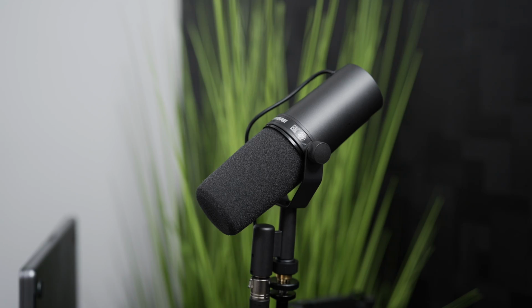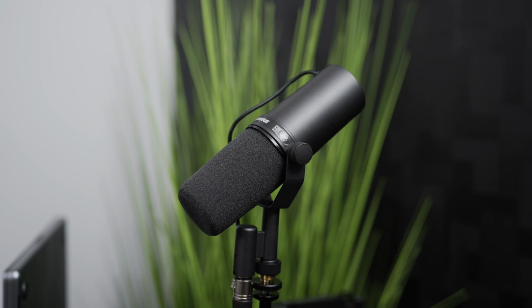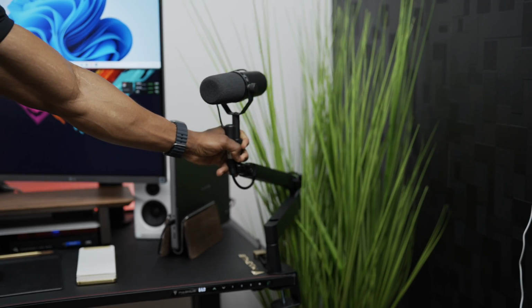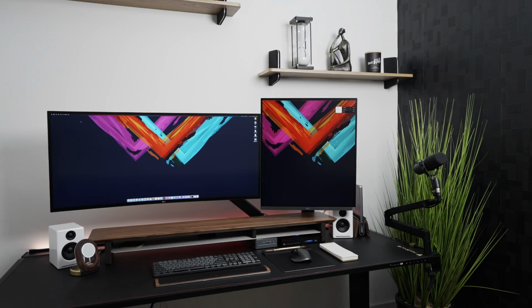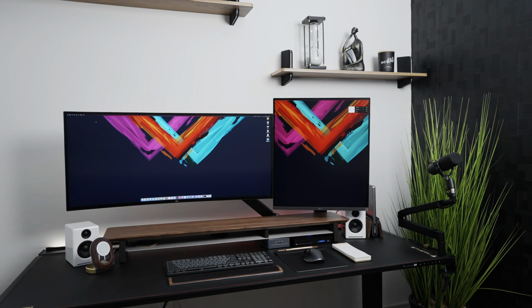reason why. The all-black super sleek design it uses also complements the modern aesthetics we wanted to achieve at the desk. The mic is sitting on a low-profile mount, which is the one I also use on my own desk and absolutely love. I found that it pairs really well with the SM7B to create a super clean and simple